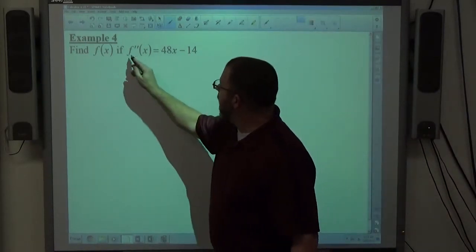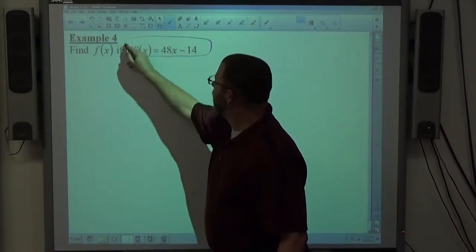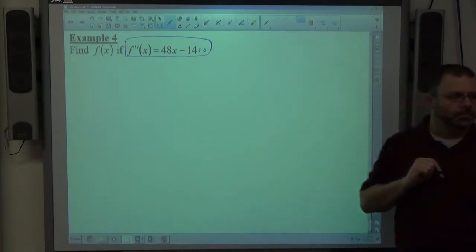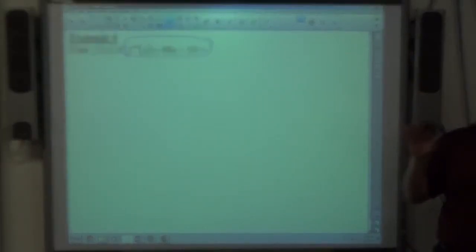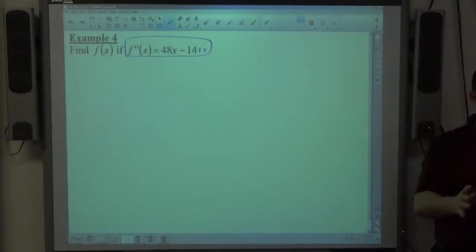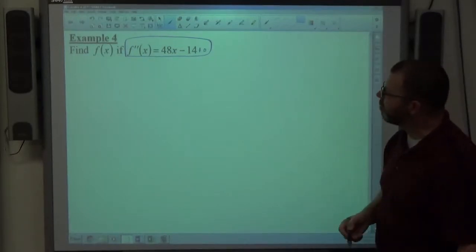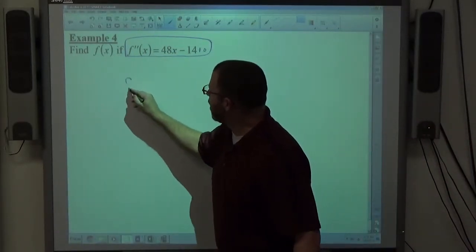So f double prime is a derivative. Officially there's a plus 0 also there, right? Minus 14, of course, is a constant, but that's a constant in the derivative. There's still that plus 0 that could have come from the derivative of a constant, so you have to account for that possibility. So if I go down to f prime of x,